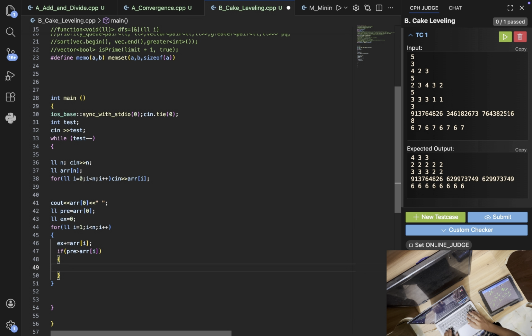Current equal to, I'll guess that value. Previous equal to error of